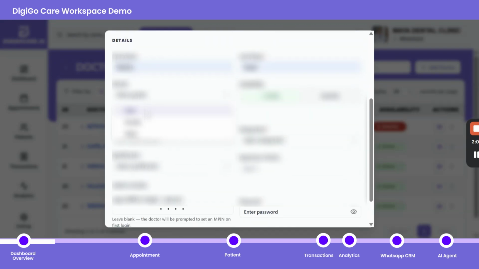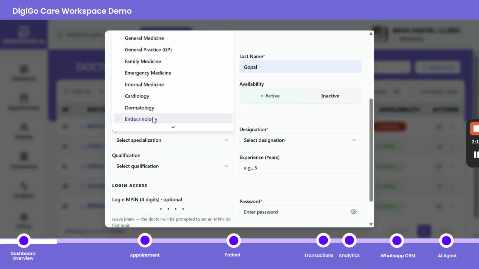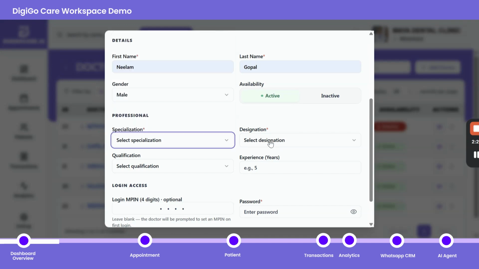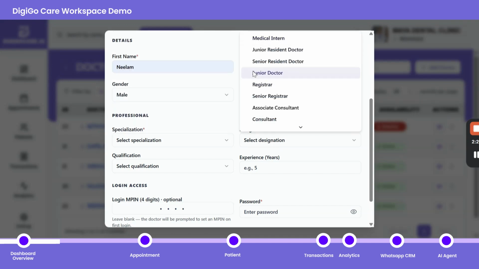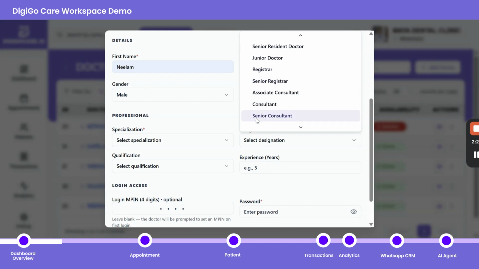Select the gender and specialization. You can add specializations like dermatology, cardiology, emergency medicine, internal medicine, and the designation, like medical intern, junior resident doctor, or senior resident doctor, something like that.